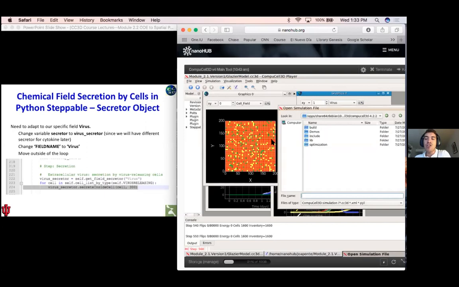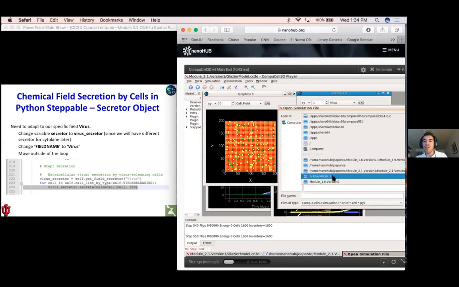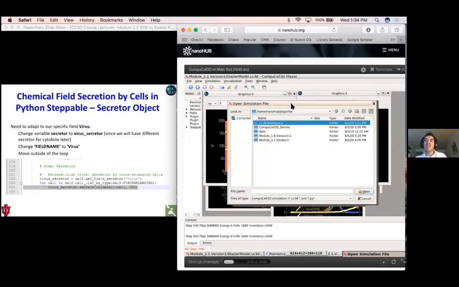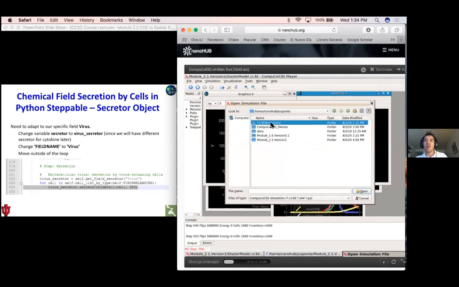Just now, you have to click on the camera to tell CompuCell which windows you want to save. And once you hit the camera, CompuCell is going to automatically save the graphic windows that you click the camera on. If we come to our home directory, either your local computer or NanoHub, we're going to have this CC3D workspace folder. If we go in there,